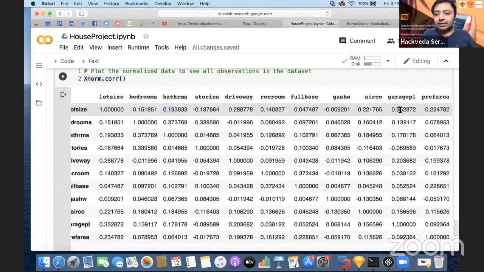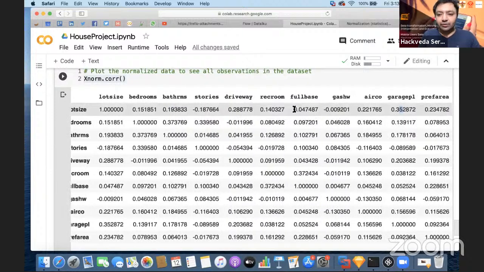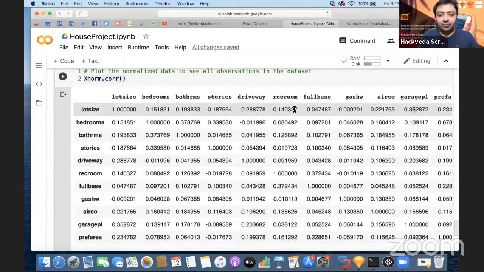Similarly, there are 35% cases in the data set where if the lot size was more, the number of garage places was more. Let's say you are staying in a house with a very small lot size, then it may be possible you don't have a garage place to park your car. So you can relate all these things with reality. Once you have calculated the correlation, you can actually do this with